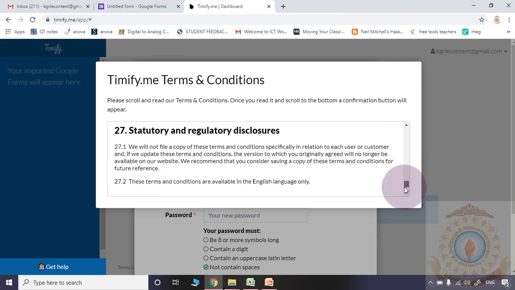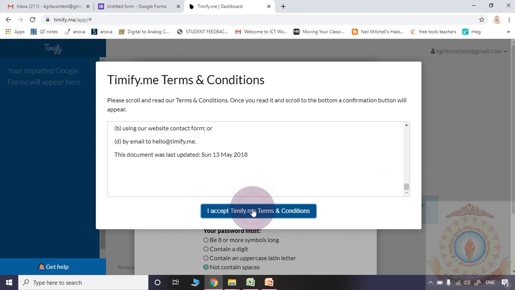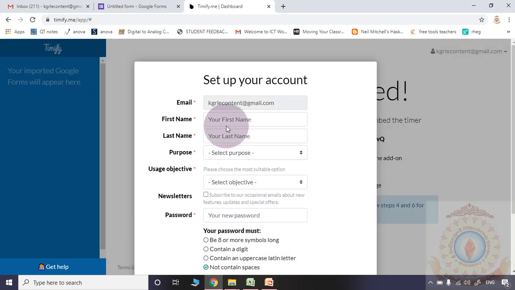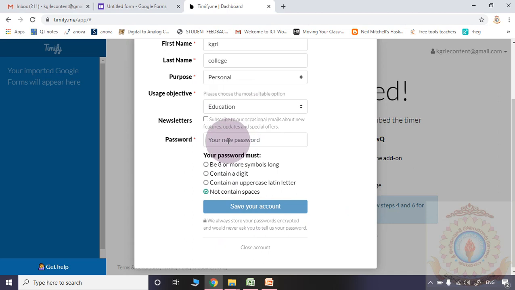They have shown some terms and conditions we need to accept. Here you need to set up one password.